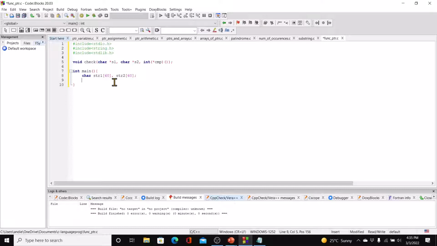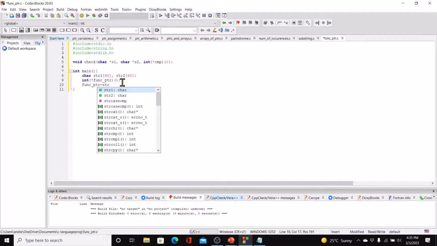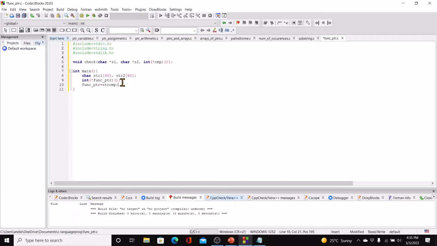Then we have our declaration of the function pointer. So int *, I'm going to call it func_ptr, just so that we know that it's a function pointer that we are talking about here, right? And now we'll assign that function pointer to strcmp, just like that, right? Now printf, enter a string,